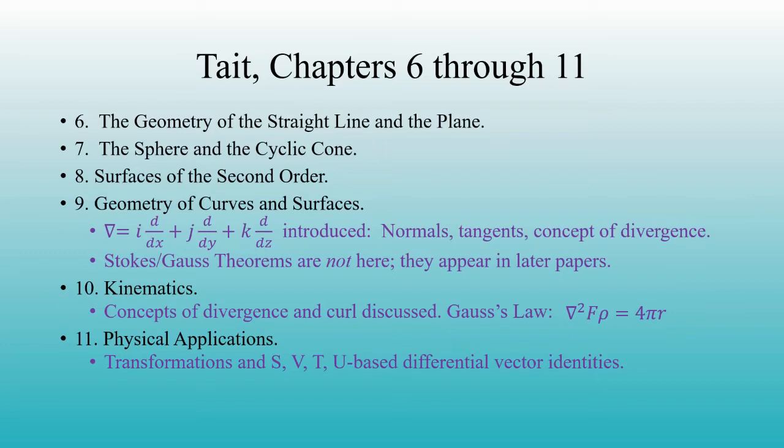The title of chapter 10, Kinematics, implies a desire to have quaternions appeal to the scientific community. It again includes the 3D del operator. It's murky, but the concepts that would become divergence and curl are in here. Tait goes so far as to write a form of Gauss's law in quaternion form, where R in this expression is a density. Chapter 11, flat out entitled Physical Applications, to further attract interest outside of the pure mathematical community, again uses the del operator to derive a number of quasi-familiar identities of use to physicists and engineers.